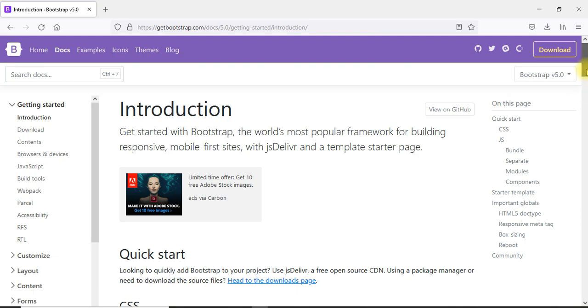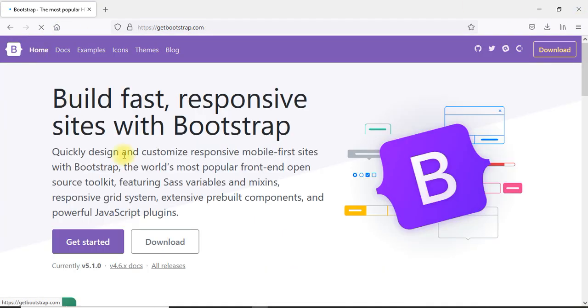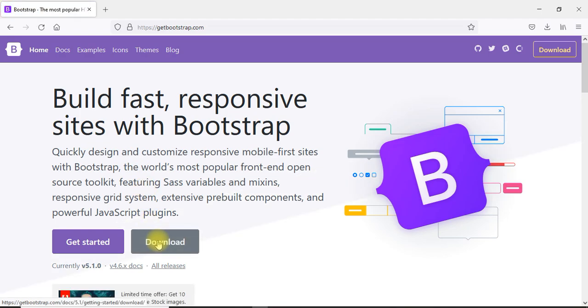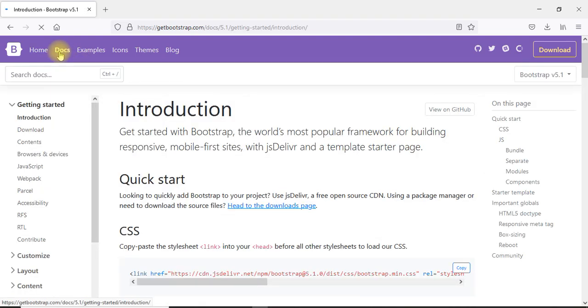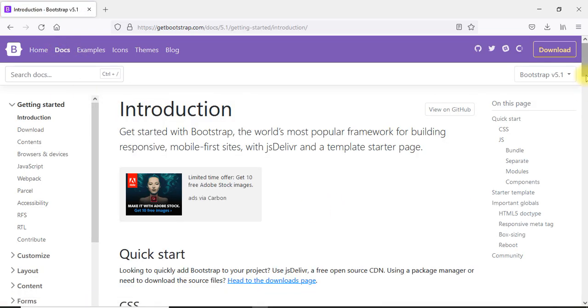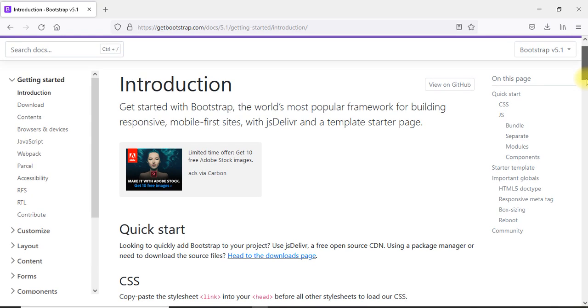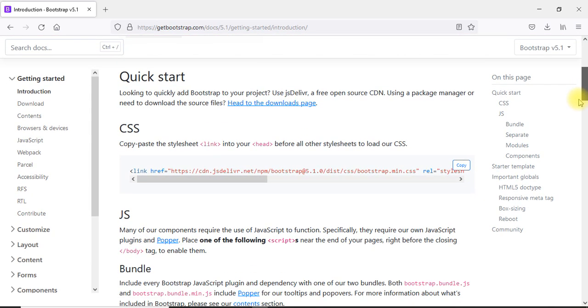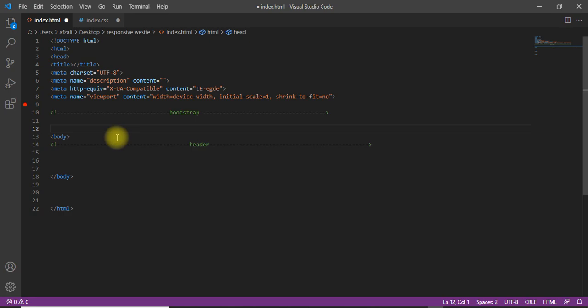If you want to download it, go to the home page and click download, and the relevant CSS and JS files automatically download to your system. If you don't want to download it, go to the introduction tab and scroll down. Here is the CSS. Copy it from here, come back to VS Code and paste it here.